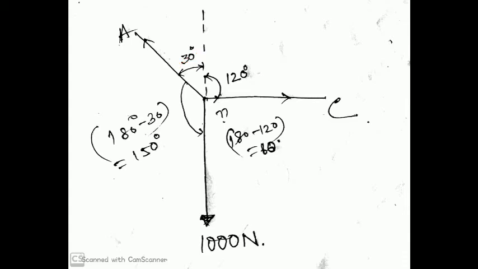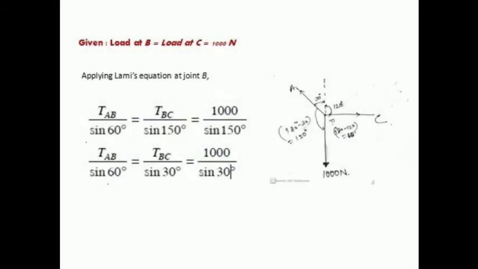In this manner, we can easily find the different angles by applying simple geometrical concepts. After that, we are applying Lami's theorem at point B. By applying Lami's theorem at point B, here you can see in the figure,